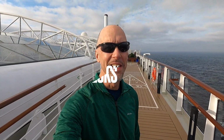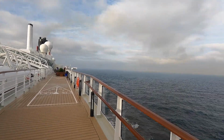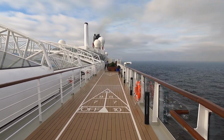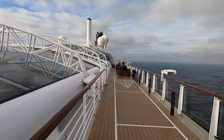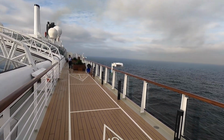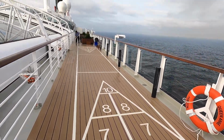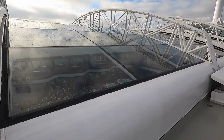I'm on deck 11 here. Queen Anne goes up to deck 14. There's no deck 13, so this is an outdoor deck, and it's just above the pool. It's a sun deck area. You can see they have a shuffleboard up here. It's not really connected to the pool decks below. You have to go inside